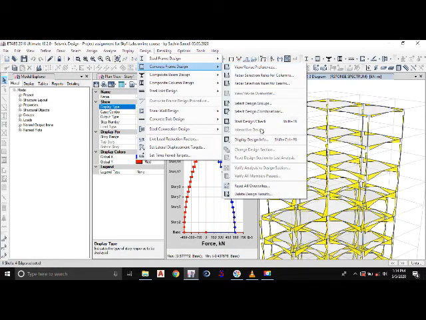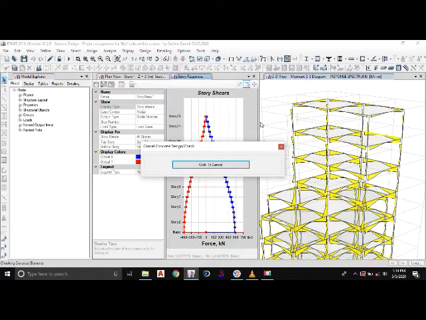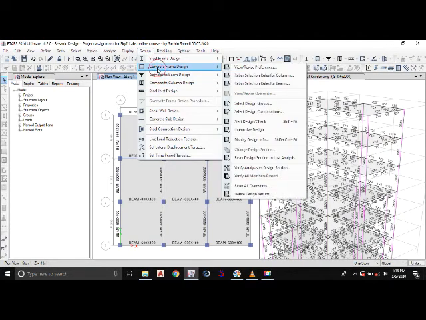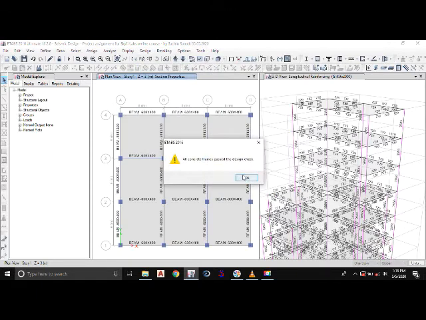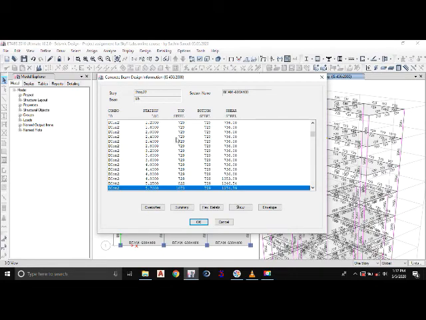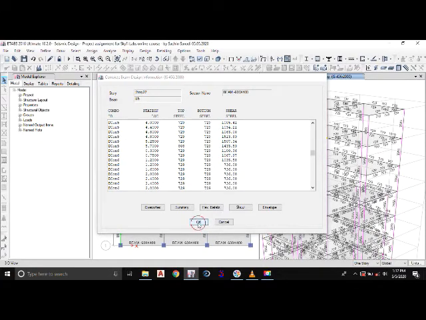So I'll go to design, concrete frame design and start design. So once the design is complete, you can see all the reinforcement details have been given in the respective frames. So we can check for the design of all the members. So we'll go to design, go to concrete frame design and we'll check whether all members have passed or not. So in this case, it has been given that all members have passed. So again, you can click on any of the members, and if you right click on that, you will get the details of the steel reinforcement provided for that particular member, and you will get the top steel, bottom steel and shear steel for a particular member with different load combinations.